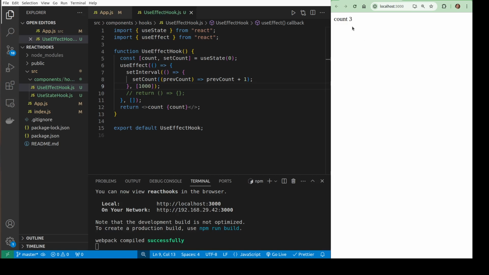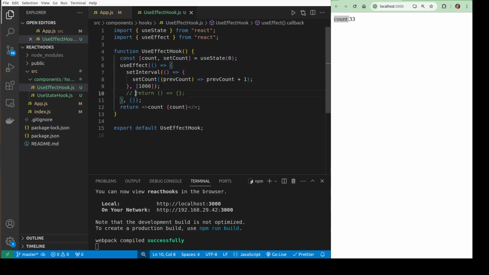So you can see that it increases the count by 1. But that does not clear the interval when this component gets changed, or let's say